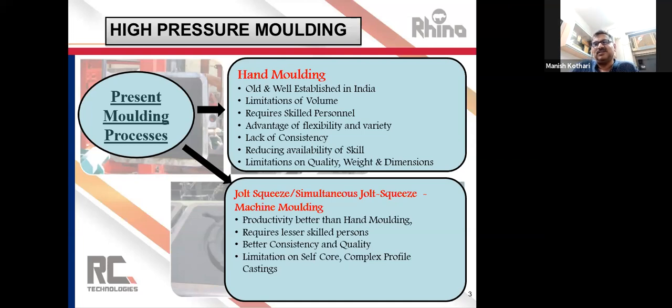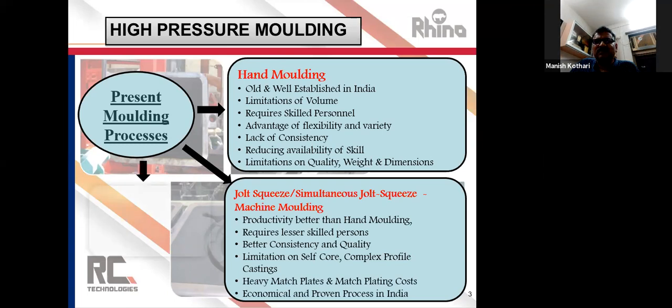And there were challenges of consistency, limitations on how much weight, what quantity you can produce. Jolt-squeeze machines were a step ahead, but then they also had these limitations which were spelled out during all the discussions which I had. And this is why